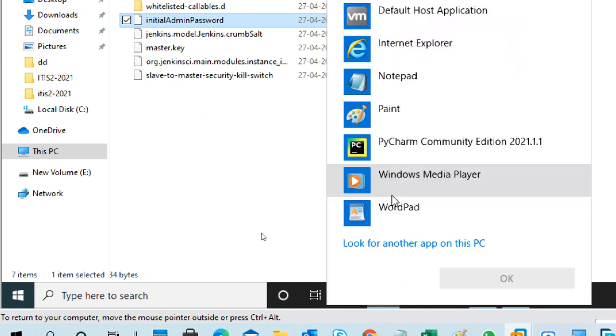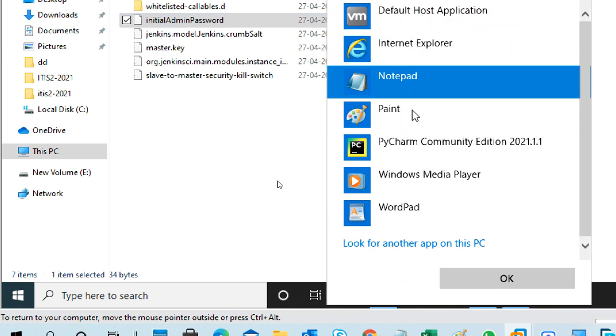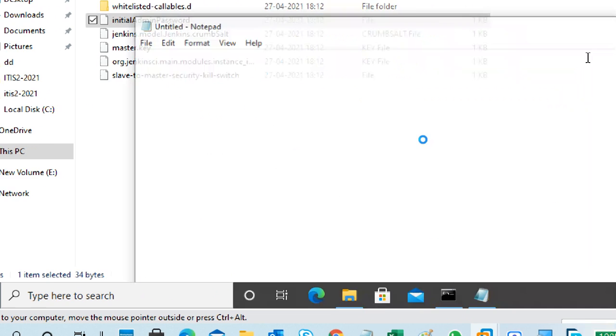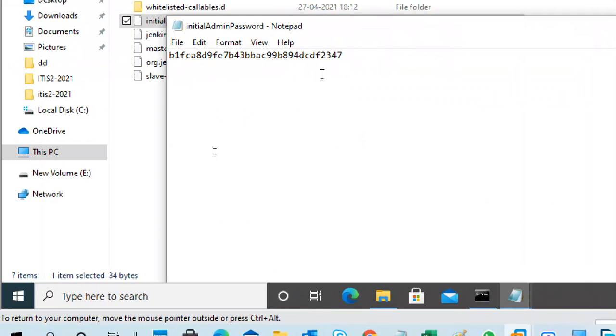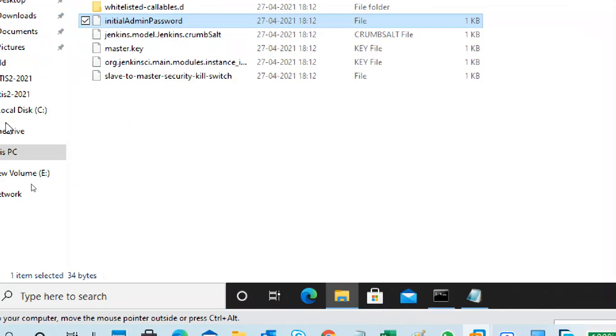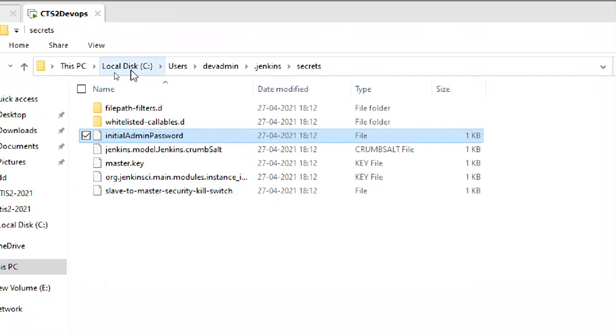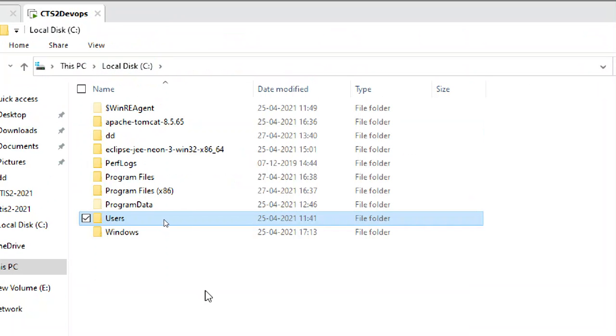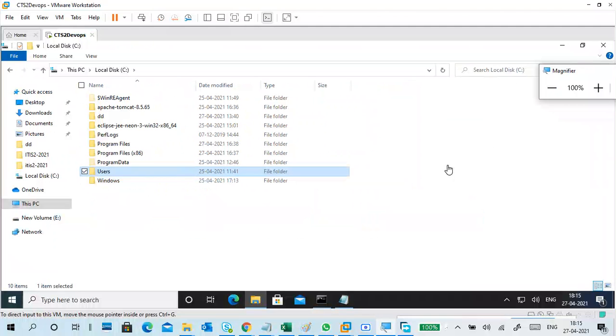Sir, is it okay to install Git on a physical machine? It is okay to install, you can install on a physical machine. So this is your initial password. If you get a problem, then you have to troubleshoot it. Some people use an old-style system without serious requirements, with less RAM.